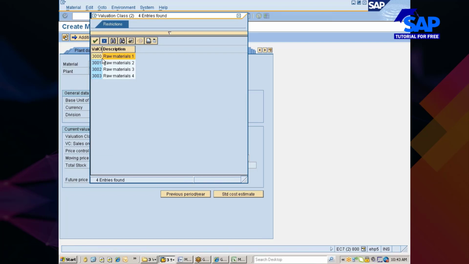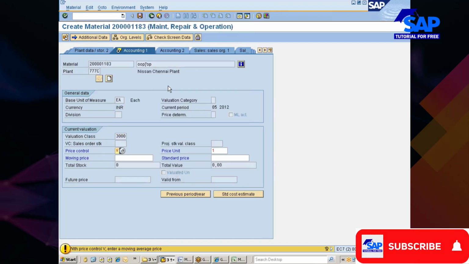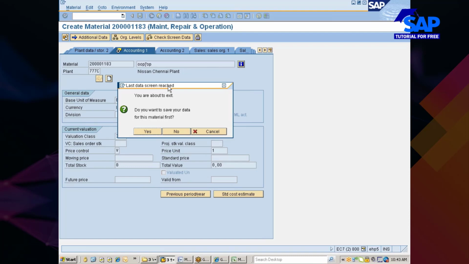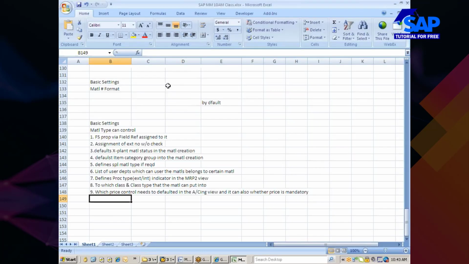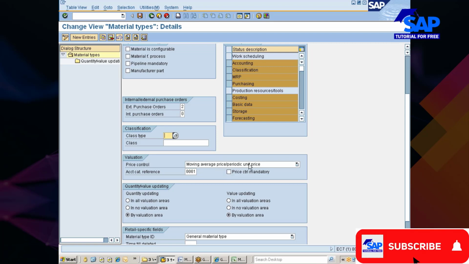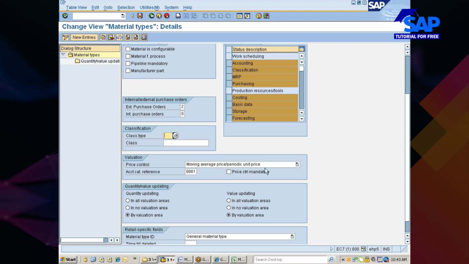Let's say valuation class I am giving. Am I giving a price? You see here, without price also I can come out of it. So I can specify using the price control indicator which price control indicator to be defaulted and whether the price is mandatory or not. And this check will control that.